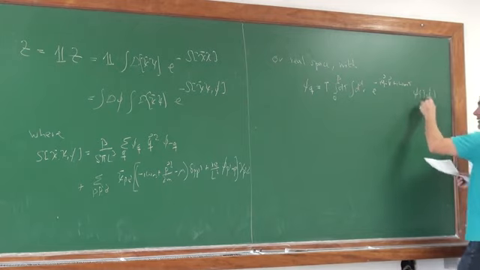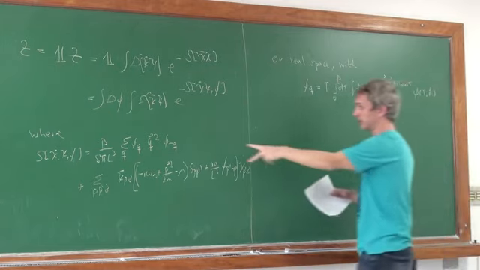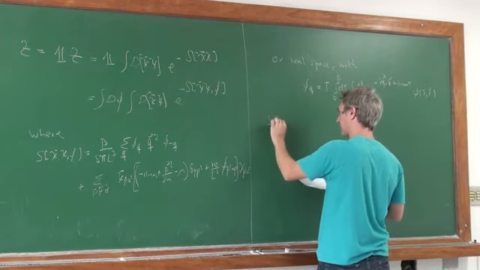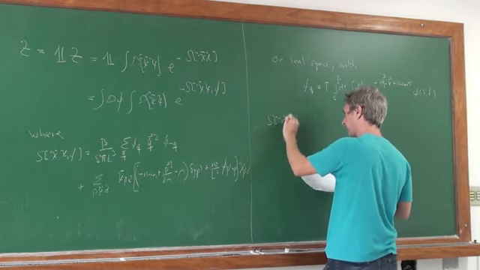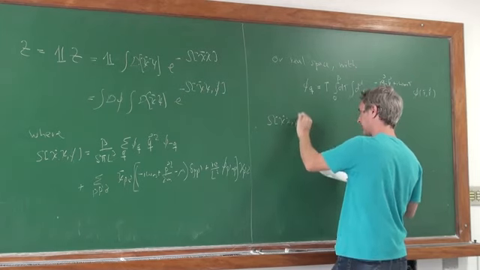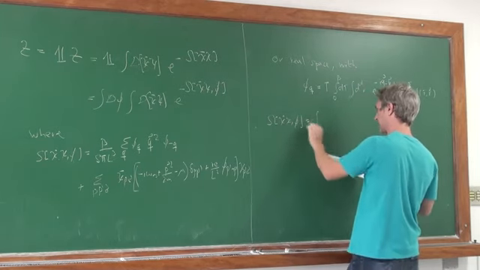If one uses this definition of the Fourier transform, then one arrives at an alternative imaginary time and real space representation, which is given by